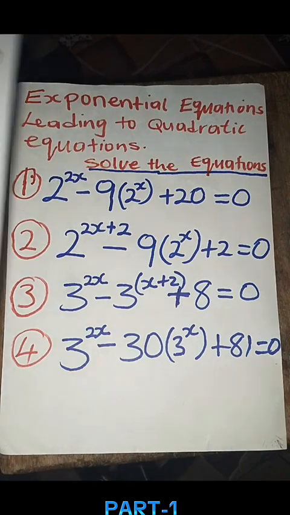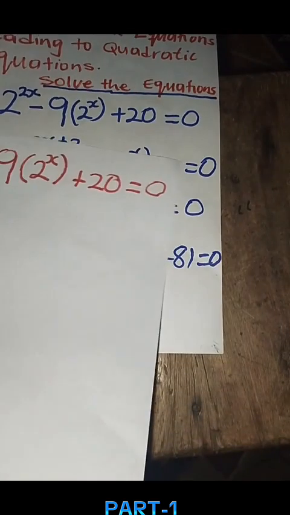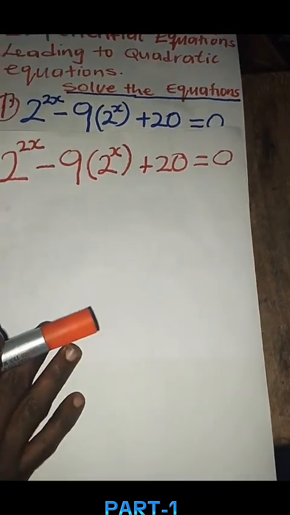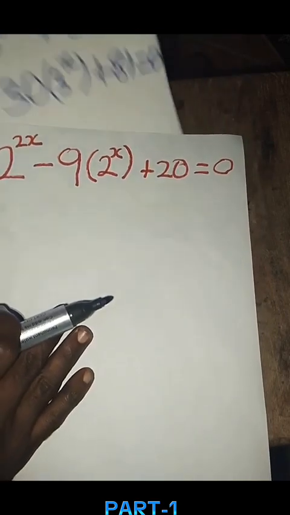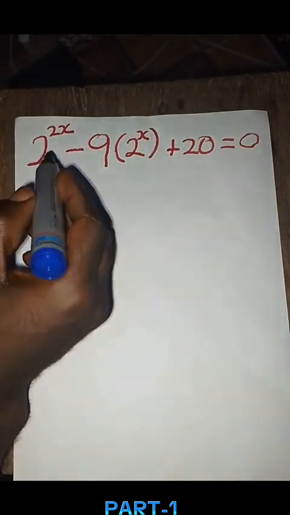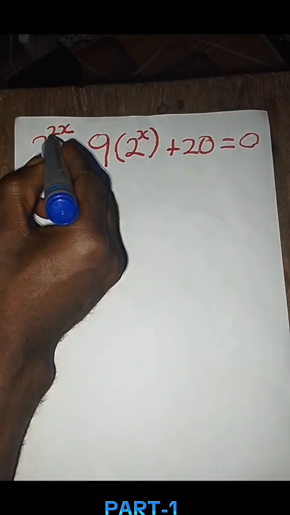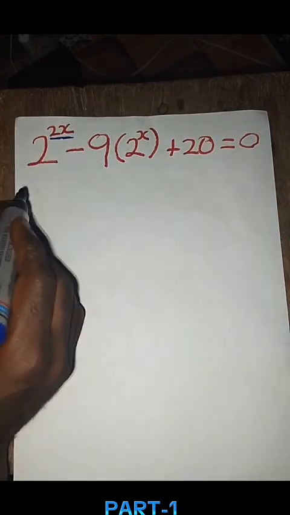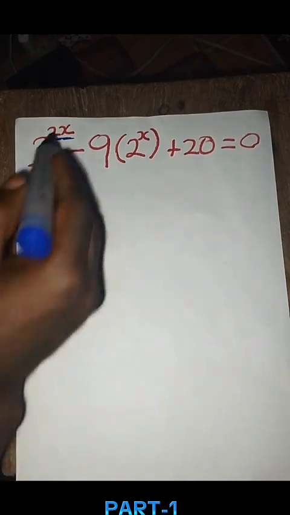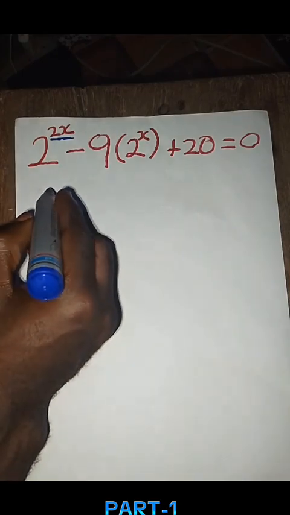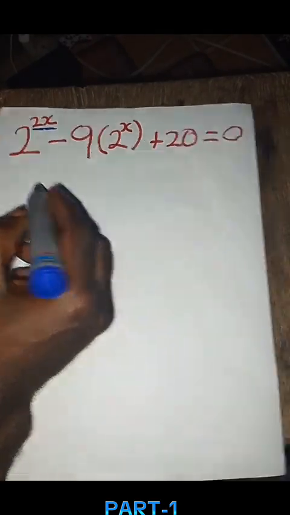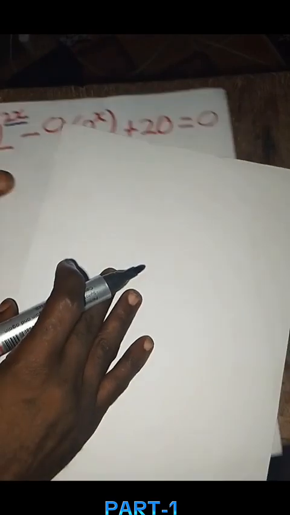At first, let's try the first one. This is the first one we want to solve. Now, what do we do here? We can look at the power here because we want this power to be in the form of a quadratic form. So let's note something here. We note that